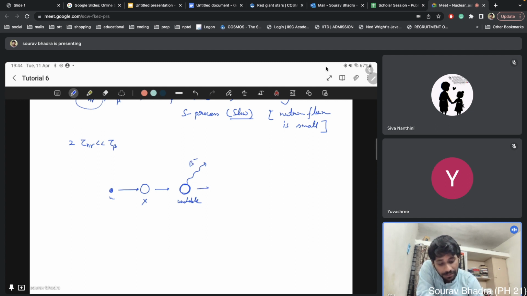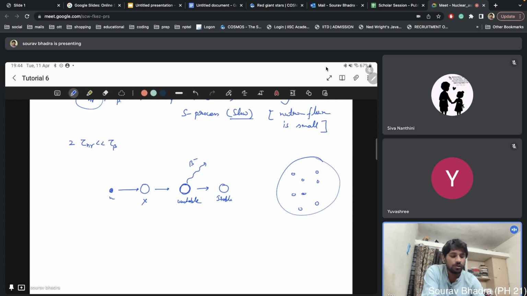After decaying by beta, it is coming to a stable state. Then it is waiting for the neutron flux, because the neutron flux is low. Suppose this is the region from where the neutron flux is coming. This neutron flux is low, and it is waiting for another neutron to come, then this neutron will again come, then it will go through another reaction, and this chain